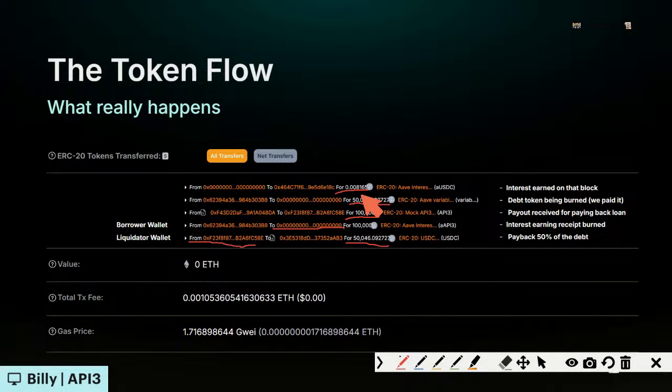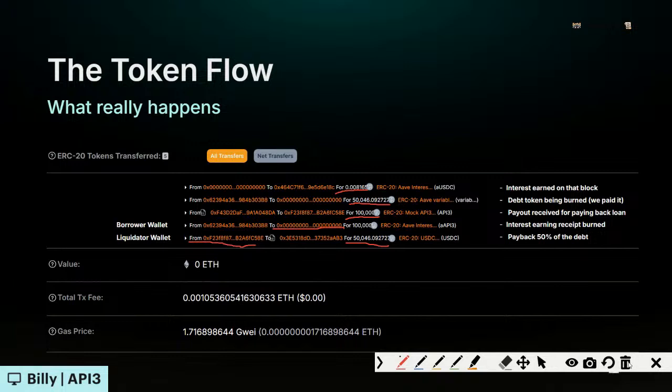So when you're looking at the block and you see a lot of these hack transactions, you see like 10 pages of all these transactions. It's just tokens moving back and forth, debt tokens being burnt, interest accruing tokens being taken away, assets being pulled out. Right? So it's a good flow of understanding. Like I thought, oh, I just pay back tokens and get some back. Well, there's more to it because of the way the token mechanics work.